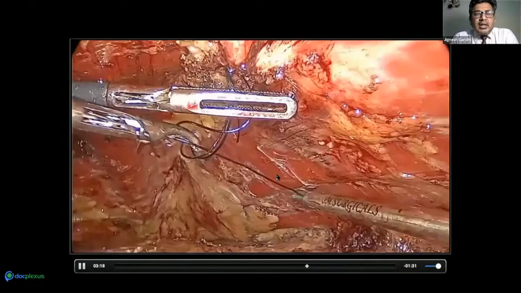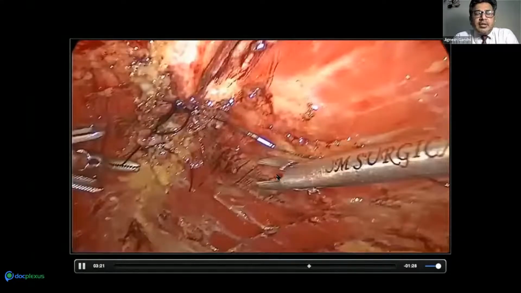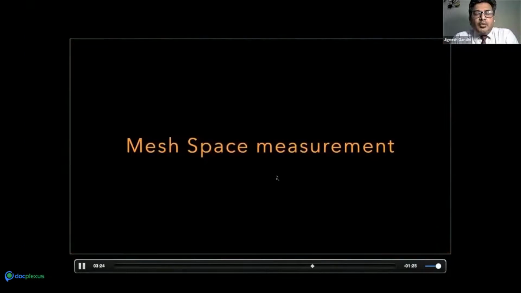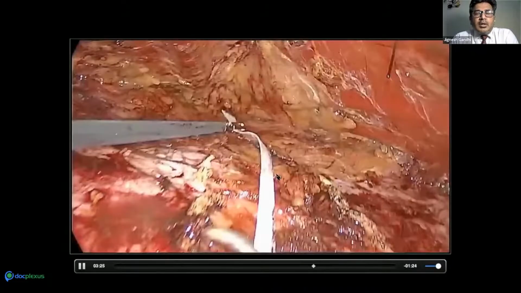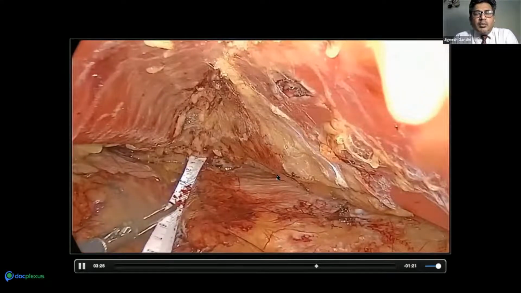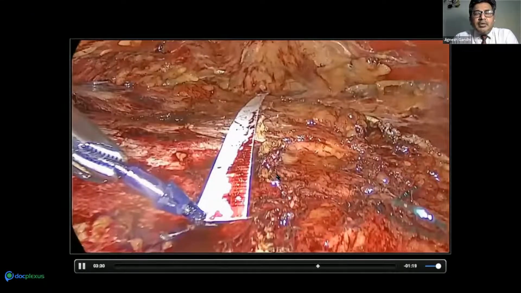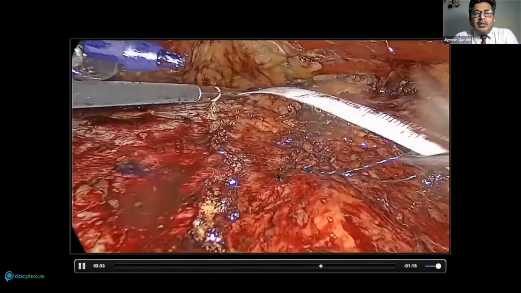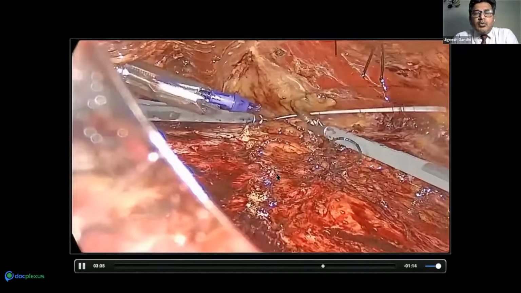So you can see here, these are the last few sutures in the closure of the anterior rectus sheath. And once you have done, you have to measure the space. So this is the vertical dimension of the space. You can see that this is what I do, the marking, and I find out with the 5 centimeter overlap how much of mesh I'm going to put. Then the transverse marking on both the sides,